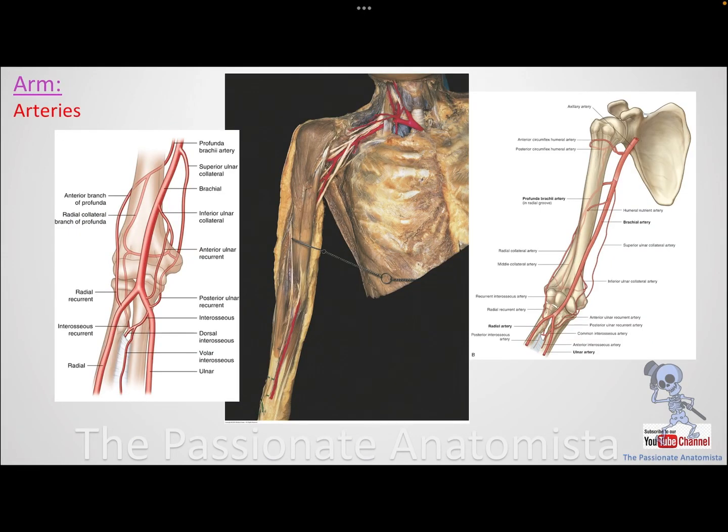Now let's talk about the arteries. You guys, we reached the idea that once the axillary artery comes down below the teres major, we call it brachial artery. So the brachial artery will be in your brachium, in your arm. Now once you get down into the elbow, your brachial journey is going to end, and we will have two